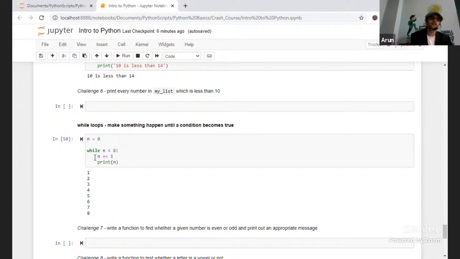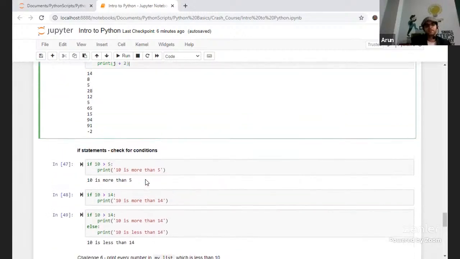So 8 is less than 8 will never execute. If I put while n is less than or equal to 8, that's a different thing, because at that time it would still execute. But if n is less than 8, then it will increment the n value up till there and then print the value. If 7 is less than 8, it will execute: n equals 7 plus 1, that means n becomes 8, and print n. During the next iteration when it becomes 9, the condition fails and it comes out. That's the reason why we get the values 1 to 8.